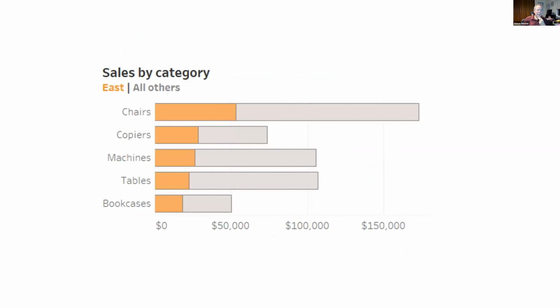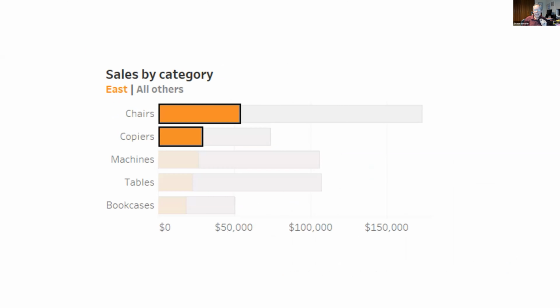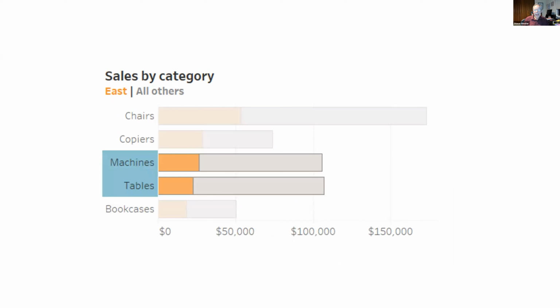Go a little bit further with this, which is, I think this is a good use of a stacked bar chart. Stacked bar charts suffer from the same problem as pies. You can compare what's along the baseline, and you can compare the overall. That's like, think of the chairs as starting at midnight. Now look at what I can glean from this. I can see for the East region, the chairs is about twice as big as copiers. And I can see overall tables is just a little more than machines.